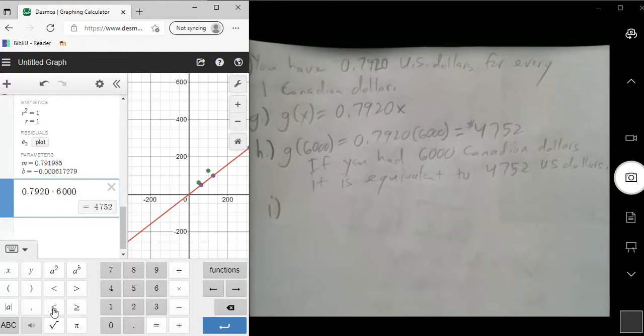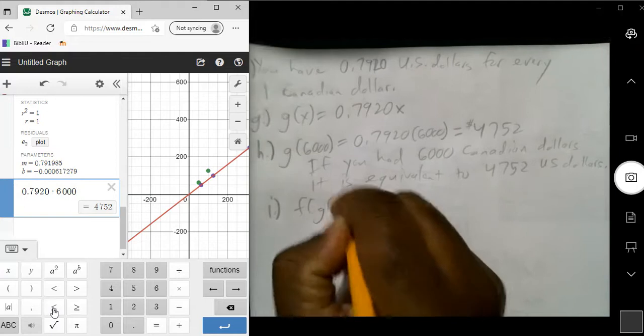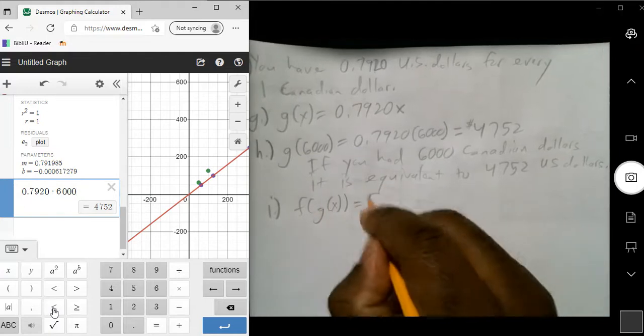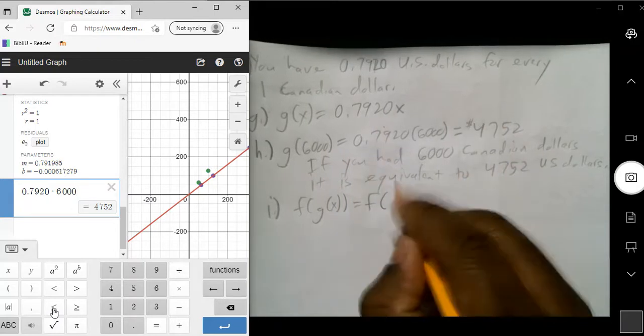Okay, now we have I. It says prove that the two functions are inverse functions by showing that f of g of x is equal to x and g of f of x is equal to x. Round your calculations to the nearest whole number. All right. So we have f of g of x is equal to f of, we see that g of x is equal to this amount here,